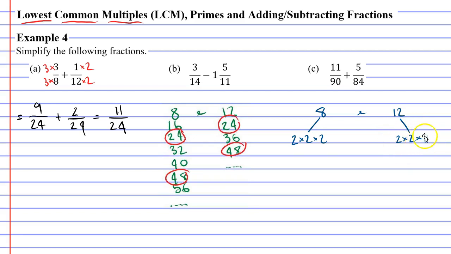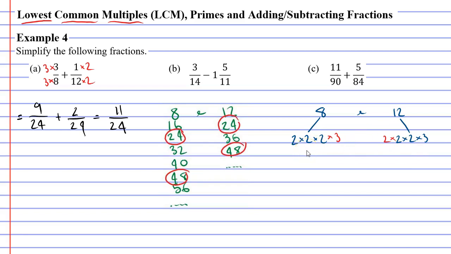Notice on the right that we're multiplying by 3, but not on the left. If I want them to be the same, I need them both to have a factor of 3. Notice on the left I had 3 2's, but only 2 on the right. If I want them both to be the same, then I need to multiply the one on the right by 2 as well. If I have the same set of prime factors, well, that means that they're both the same